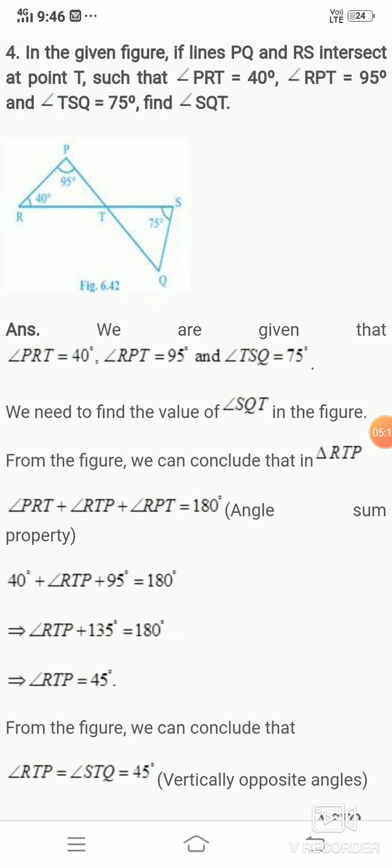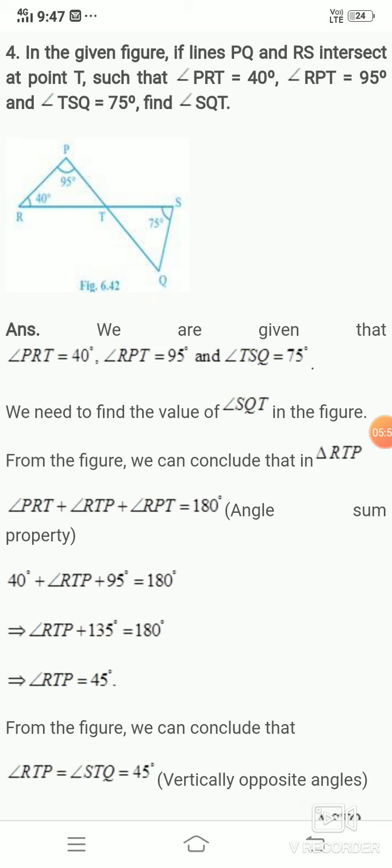Now consider the triangle PRT. Two angles are given, so you can find the third angle using the sum of these two angles plus the third angle equal to 180 degrees, since the sum of the interior angles of a triangle is 180 degrees. So how can we use this angle T in the triangle SQT? By the vertically opposite angle. Using these two angles, then automatically you can find the third angle.